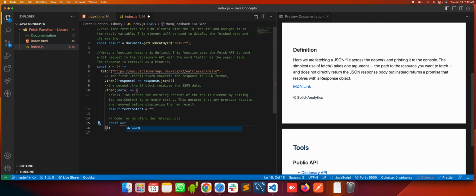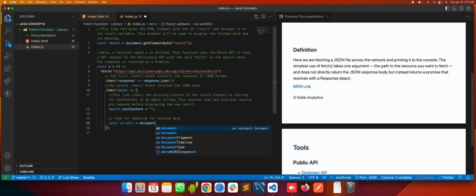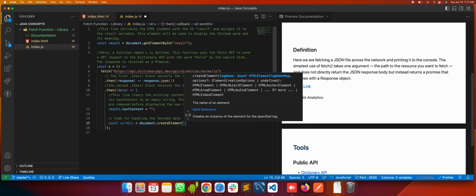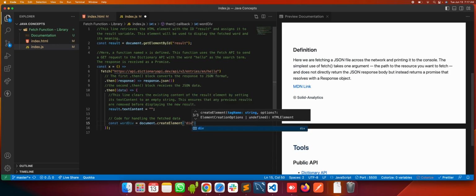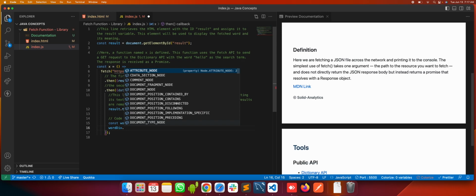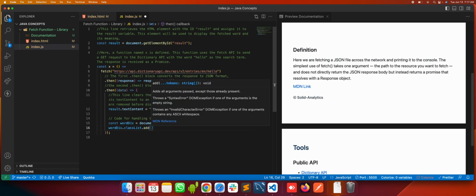So let's create a wordDiv, camel case, document.createElement, call div, so wordDiv, and we're going to add a class list to it, add, called word.